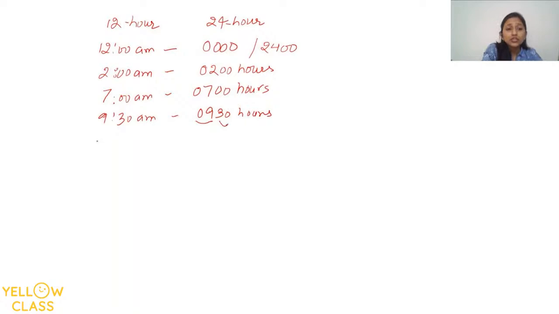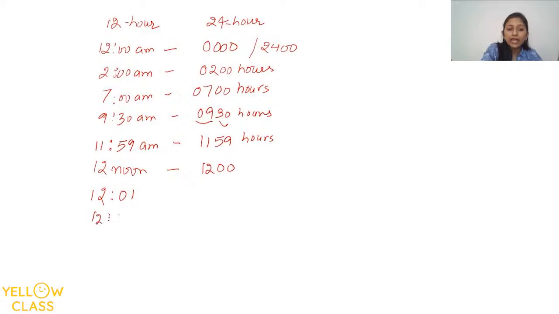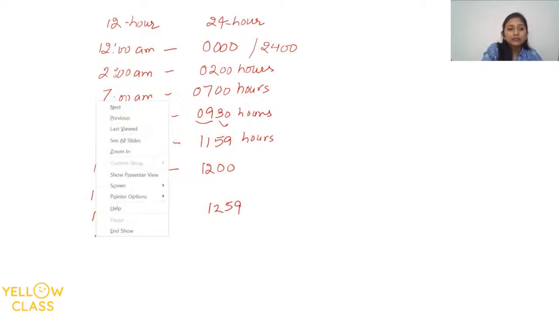So whatever time, it happens till 11. So if I say 11:59 a.m., it will be 1159 hours. And then for 12 noon, it is 1200. And till 1201 or till 1259, same thing will happen. And the moment